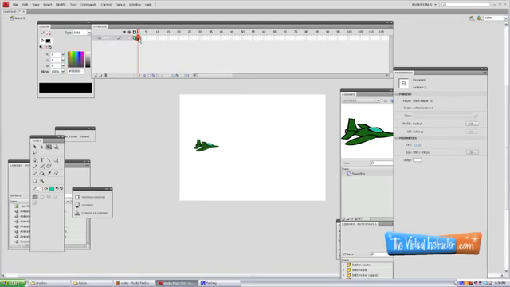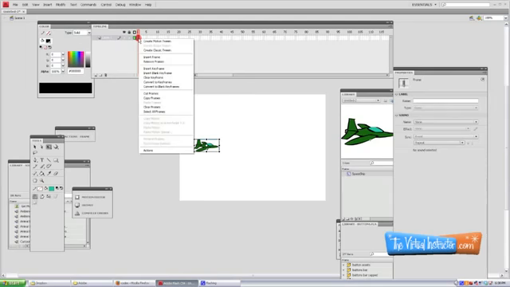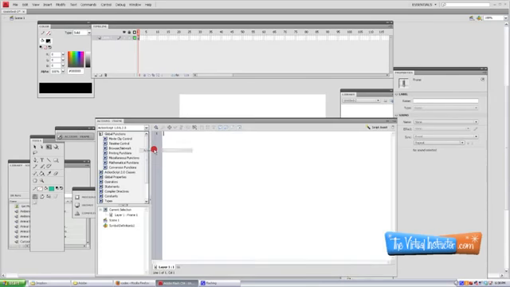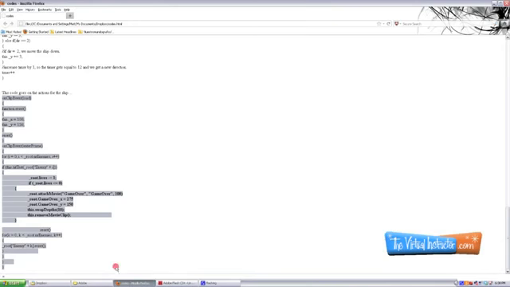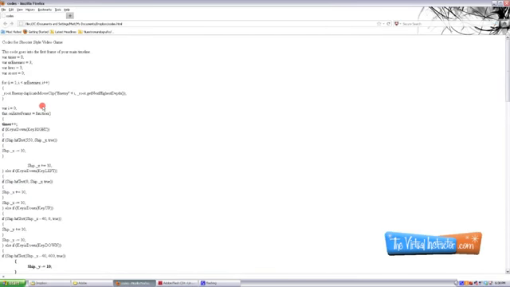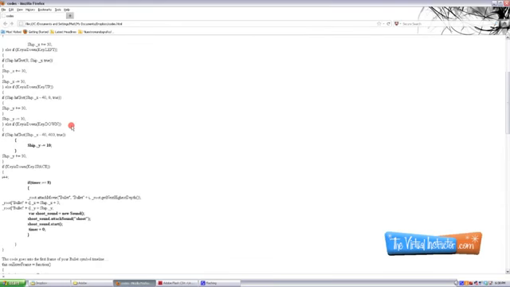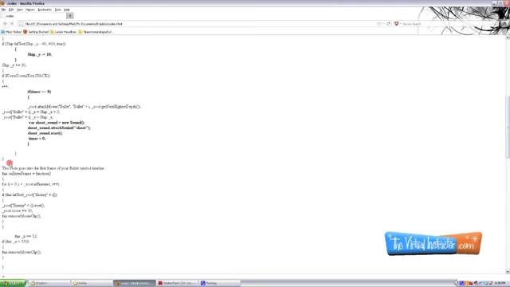All right, the next thing we're going to do, we're going to go up in the first frame of the timeline and we're going to open up the Actions panel. And then go ahead to the provided script and grab all of the code that's going to go in the first frame of your main timeline. There's only 4 places to put code for this tutorial, so make sure you go all the way to the bottom